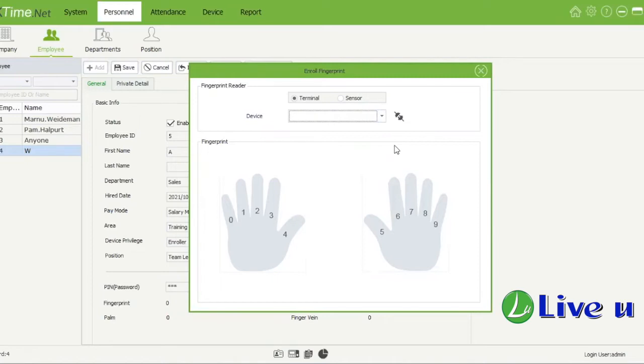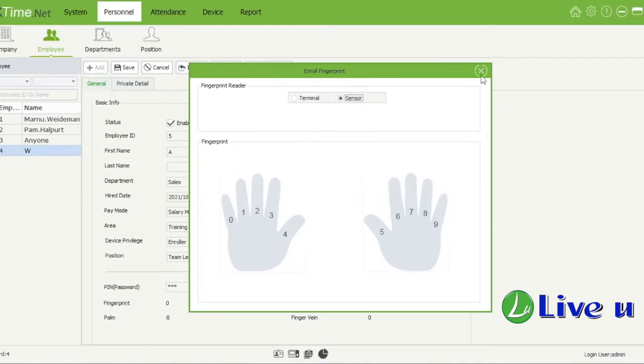Your device will struggle to recognize you. So please make sure that the swirl or the swivel should be in the center of that little sensor. Otherwise, if you have a fingerprint enrollment reader, it's a little sensor that you plug into your PC, you'll just be able to select a fingerprint. Unfortunately, I do not have one plugged in at the moment, but in your case, if you had one, you can just select a fingerprint and then enroll it